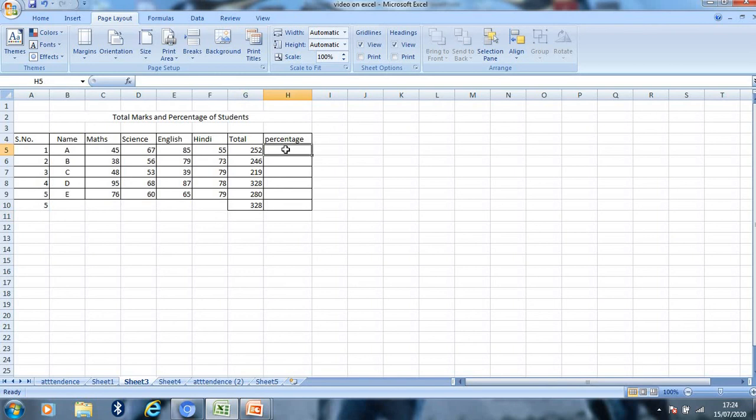Now we will talk about formulas. We can type any formula in MS Excel. You know what formulas we use in mathematics, or the operations we use in mathematics, like simple operations such as addition, multiplication, subtraction and division.